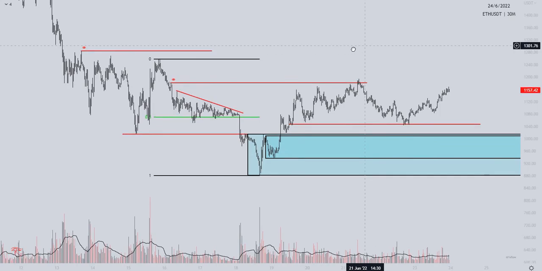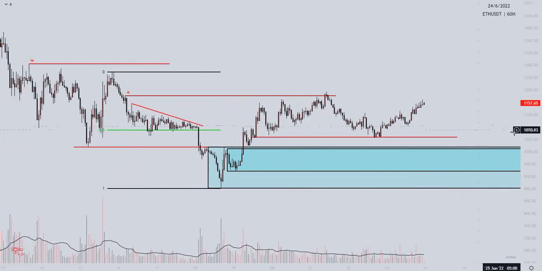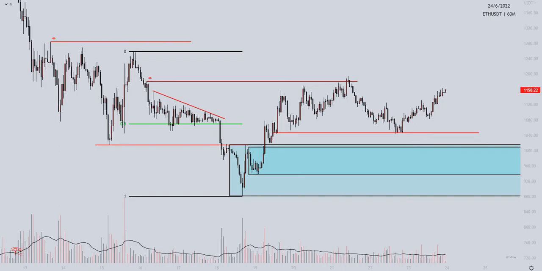As far as ETH goes for longs, I'm just waiting for some liquidity to be purged, followed by a displacement, right? A higher time frame break of structure to possibly look to take this trade. Now, with Bitcoin,